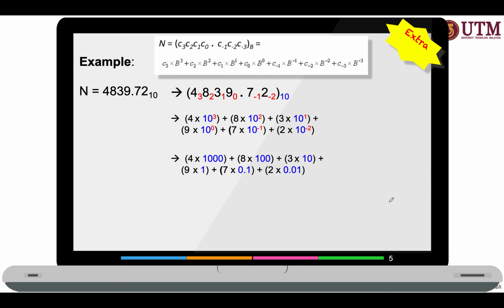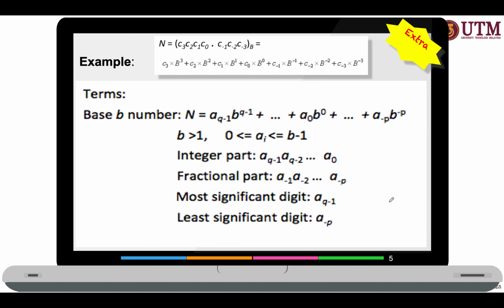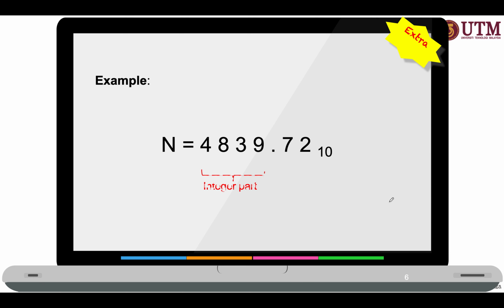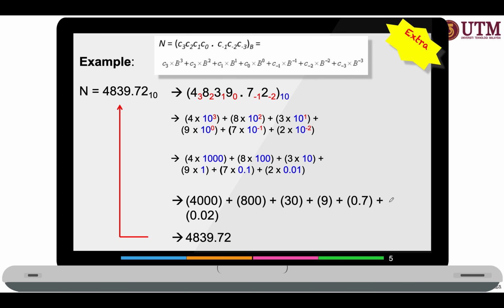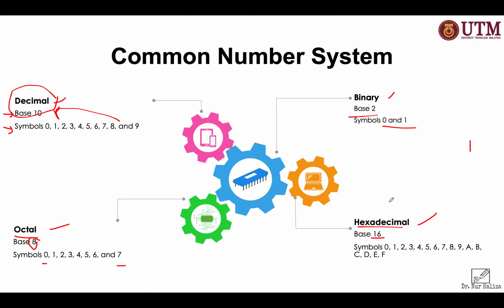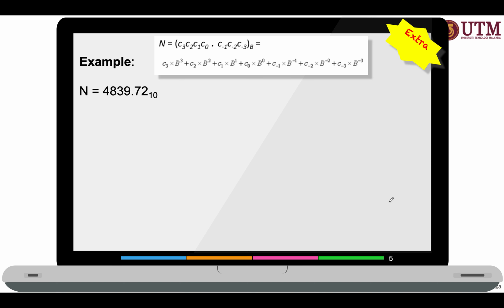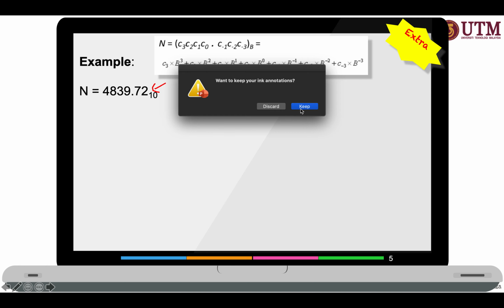This is on the examples of base 10, but I think before that, okay, let's have a look into base 10. Over here, this is the examples of numbering system that you always look into. So let's say you have 4839.72, which is base 10. So before we go into what these numbers are, basically I want to share with you